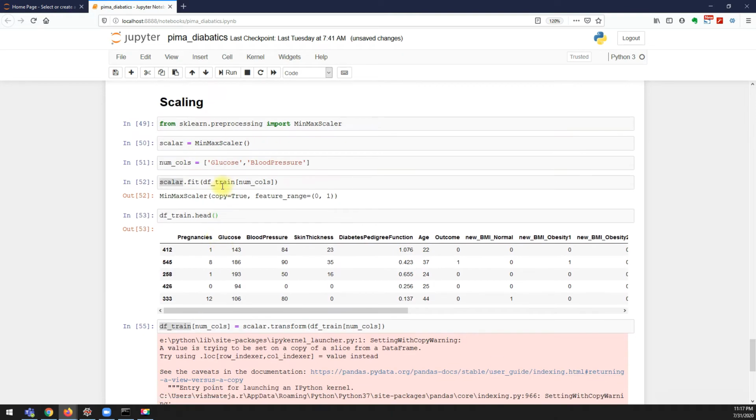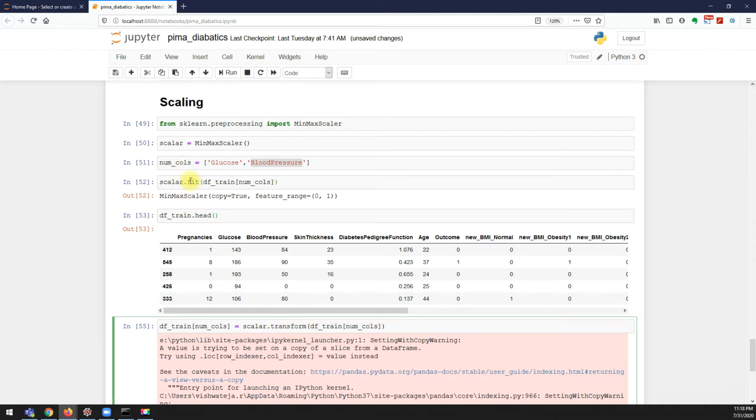So why do we use fit and why do we use transform? When you say fit, it calculates the minimum value and maximum value for the given columns. We selected two columns, so first it calculates the minimum and maximum value for glucose, and then the minimum and maximum value for blood pressure. Then when we say transform, it applies the min-max scaling to the selected columns.